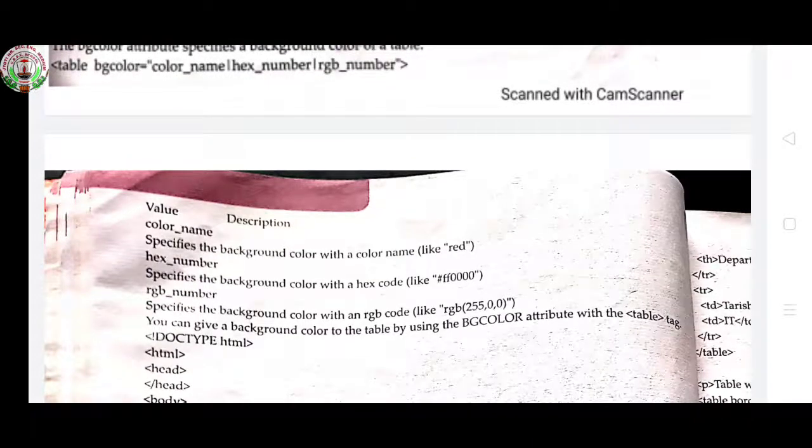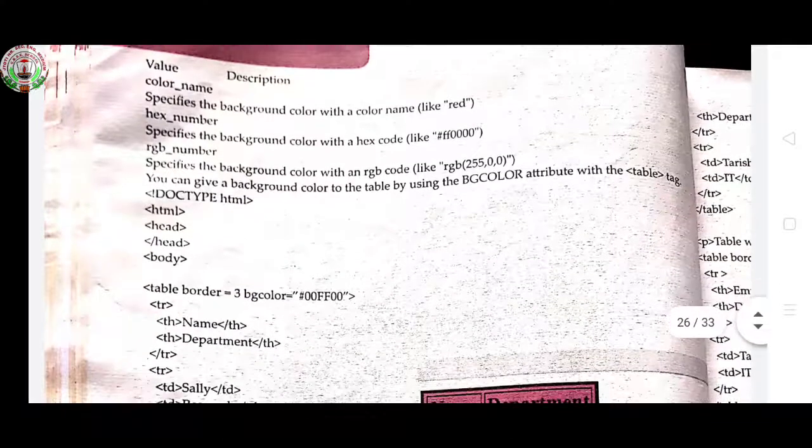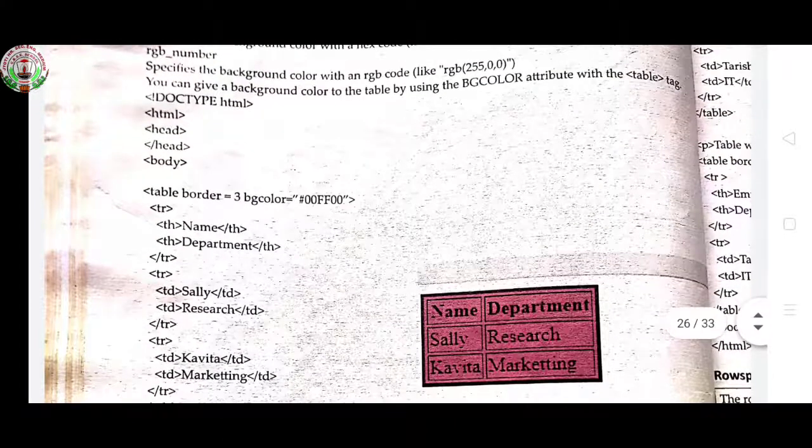You can give a background color to the table by using the BG color attribute with the table tag. Now this is the example. Let us see the example so it is much clearer to you. HTML, head, close head, body tag, opening. Now first tag is open table, border is equals to 3.